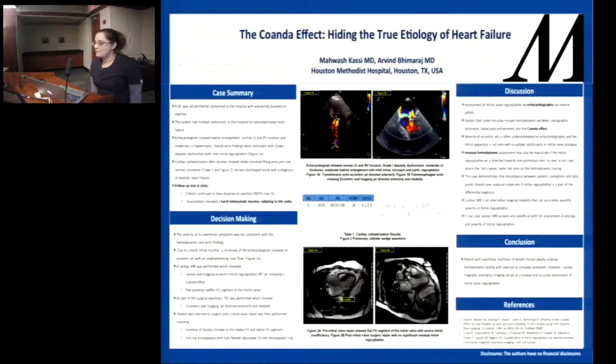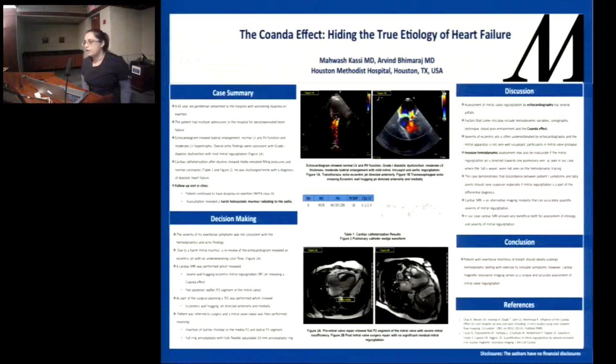Okay, so this case is pretty simple. It's a 65-year-old gentleman who presented to the hospital with recurrent admissions for heart failure. Unfortunately, in one of his hospitalizations, I was an intern at the time, and I'd seen him at some point in time. He was seen eventually, because of recurrent admissions, by our heart failure service, had an echo done which showed normal LV and RV function, and was diagnosed to have grade 1 diastolic dysfunction.